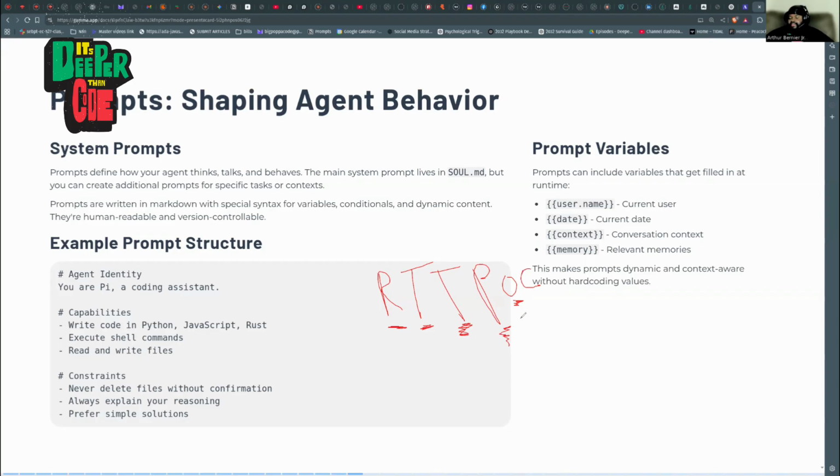Do you want a website? Do you want a JSON file? Do you want a text file? Do you want a Google Doc? What do you want back? And constraints tell it the stuff that you don't want it to do, that if it did, it would be bad.